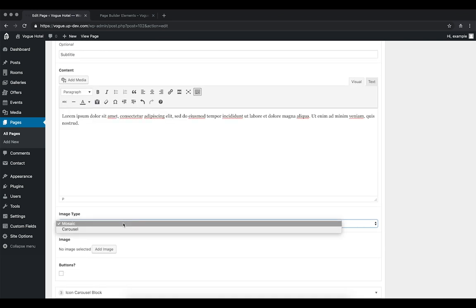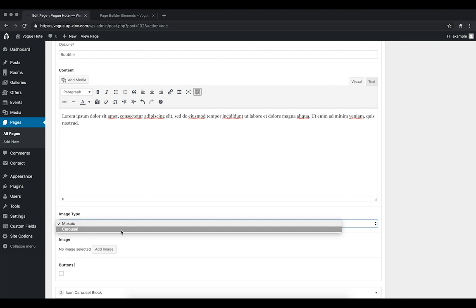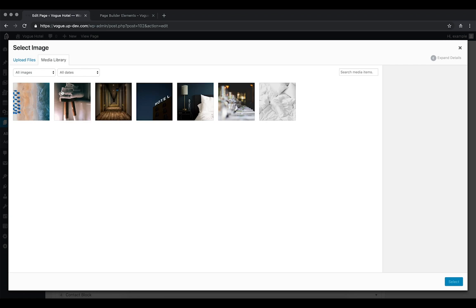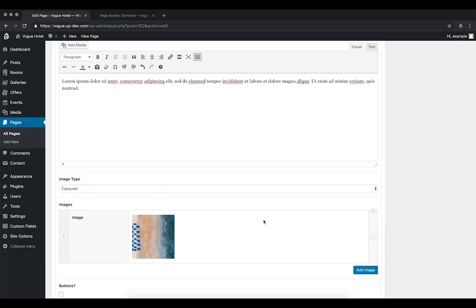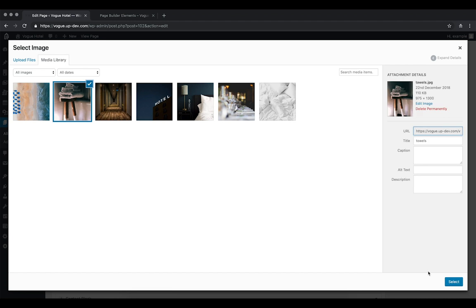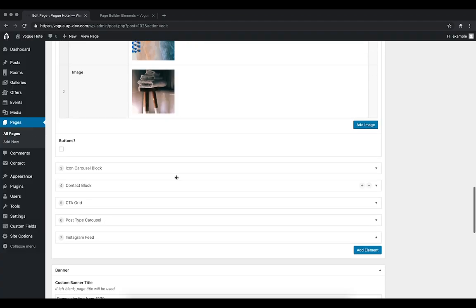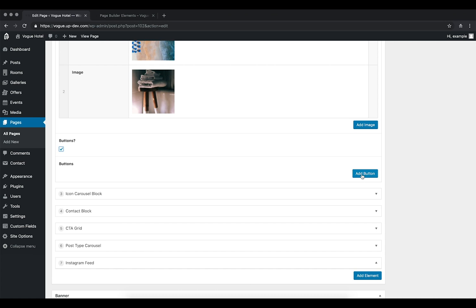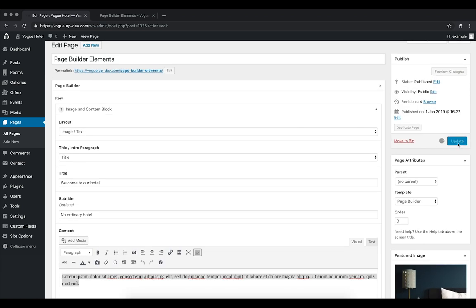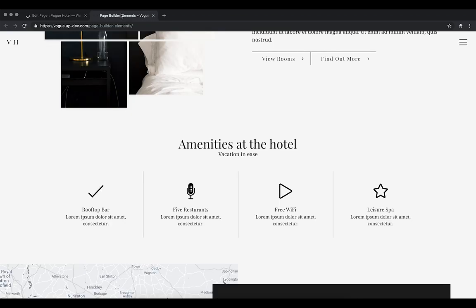Our alternative image type is a carousel, so rather than have a mosaic on my second block, I'm going to have an image carousel, and I'm going to add a couple different images here. On top of that, I would like a button. So now if I click update, and I refresh this page,